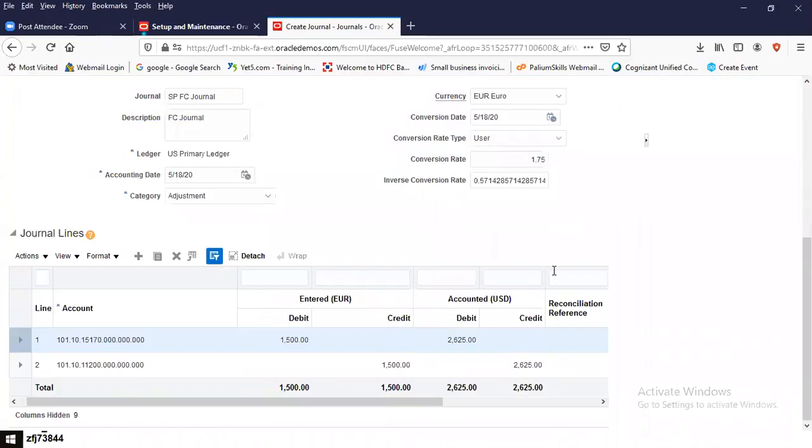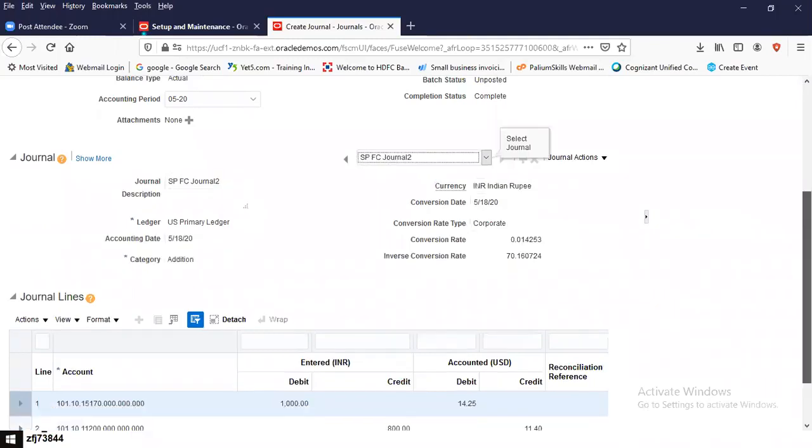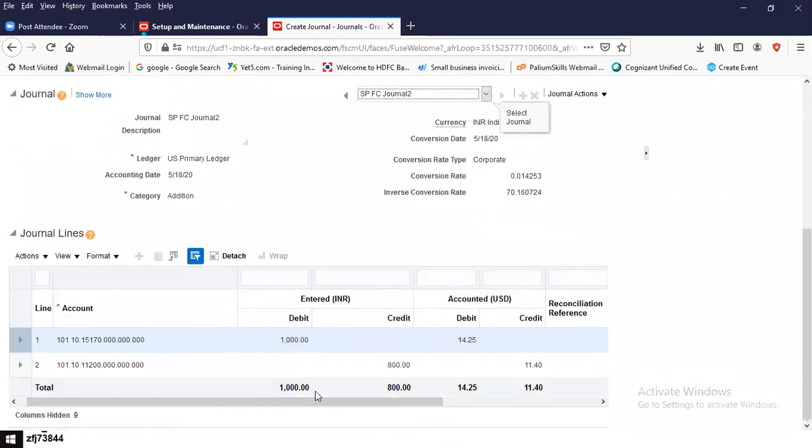Okay. So now we have got two journals here, foreign currency journal and foreign currency journal 2. Now see that this one is 1000, this one is 800, but it has gone for posting. So what we'll do is,